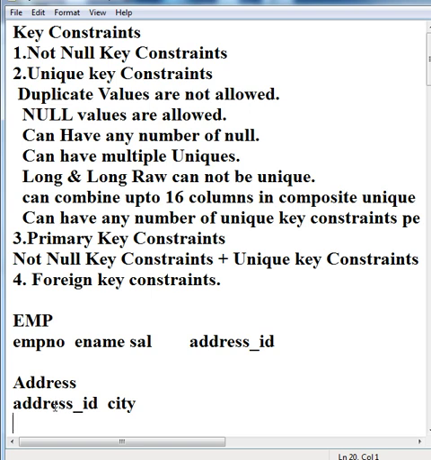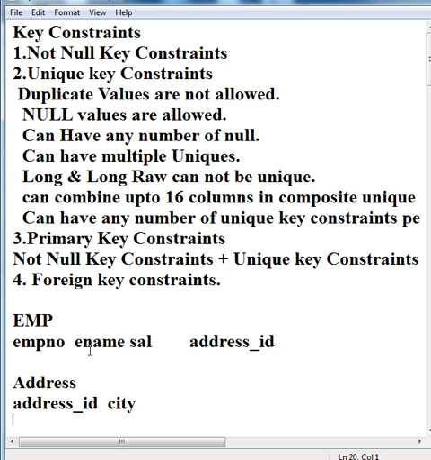So if I want to know the name of the employee, e name, whose city is Bombay, Mumbai, who lives in Mumbai, then to know that value we must fetch values from both the tables.